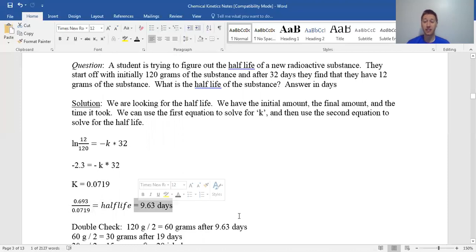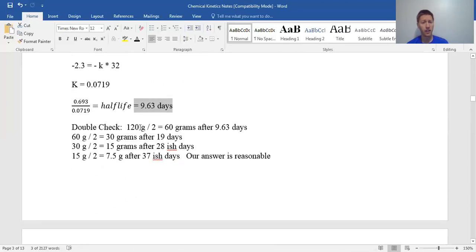Now, a nice thing about this too is you can just double check your work without using your calculator, or you might still need to use it, but you can have an idea of what you expect. So 120 grams divided by 2, which would be like the first half-life, the concentration would be 60 grams up to approximately what we just calculated, that'd be 9.6 days. So if we keep following this math, we'd say, okay, well, divide by 2 again, that's another half-life. Now, because it's time it takes to halve again. So again, you'll see that the first time we lost 60, this time we lost 30. Why? Because as we have less, we react slower. So that's what it means to be a first-order reactant.